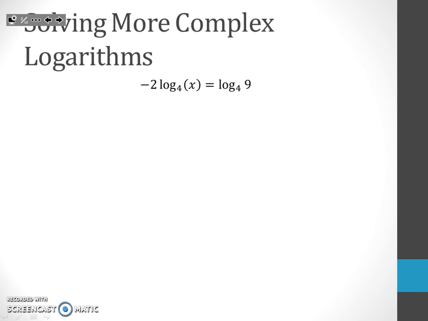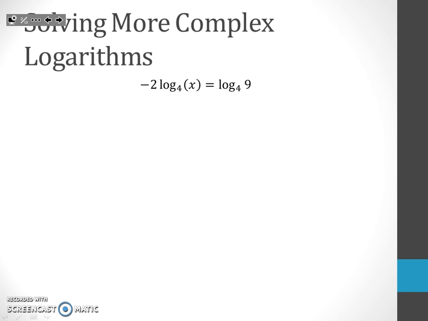First off, solving just more complex equations. I've got negative 2 log base 4 of x equals log base 4 of 9. Now, the first thing I notice here is that both of these have the same base. So that's a good thing, right? We would like those to both have the same base. There's a couple different ways we could solve it. One way is we could move this log base 4 over to this side, and then we can use those rules that we learned our first lesson in lecture 30,